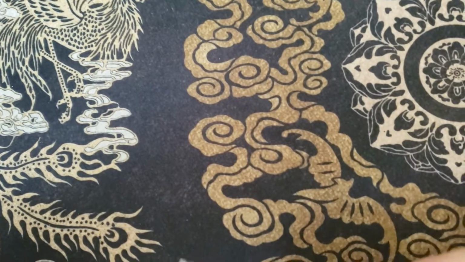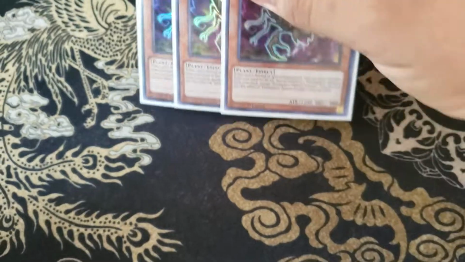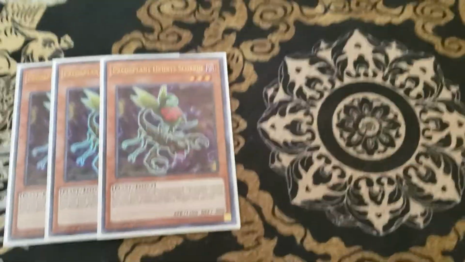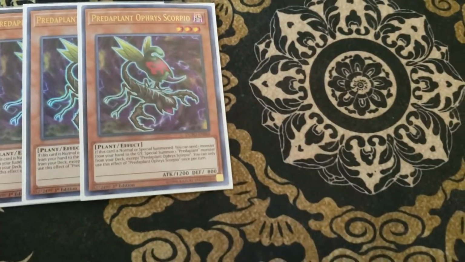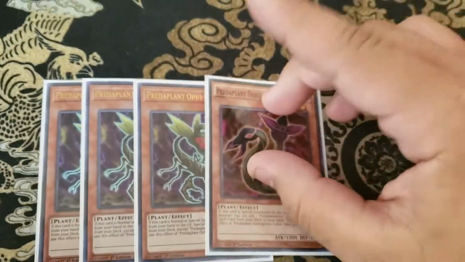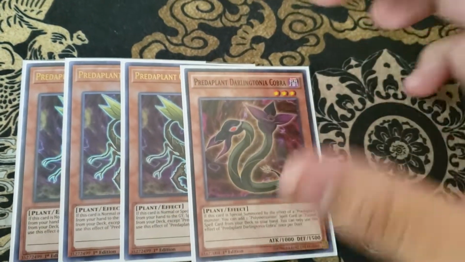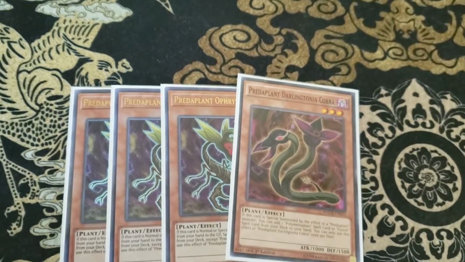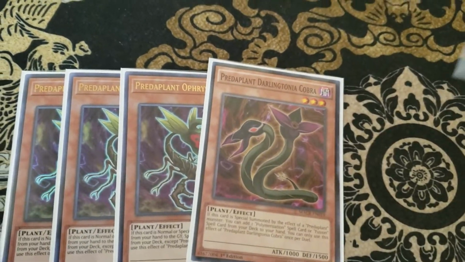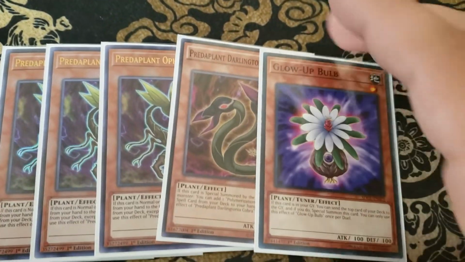For the rest of the engines, we have our 3 Orphis Scorpio to search our fusion spells, which there's 3. I didn't have multiples of Shaddoll or El Shaddoll fusion. We have the Darlingtonia, which is actually the last card of the Predaplant engine, and this searches the spells, this summons it. And we're playing the 1 Glow Up Bulb to end off the